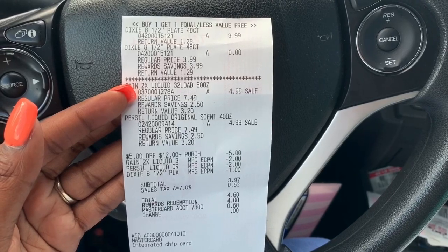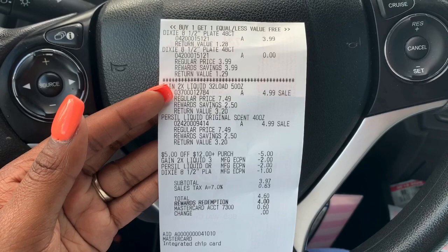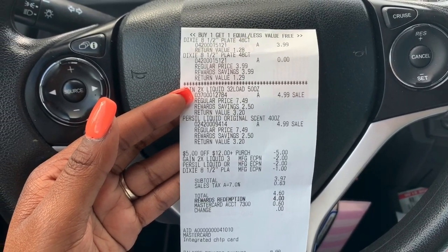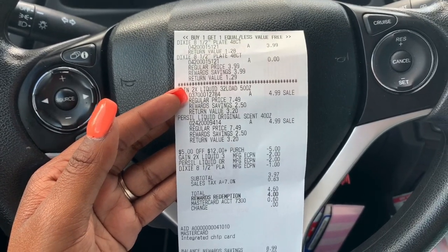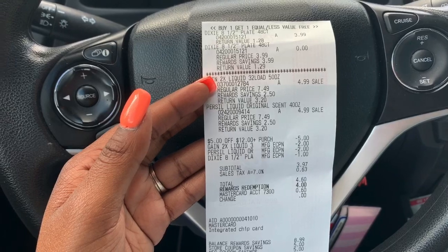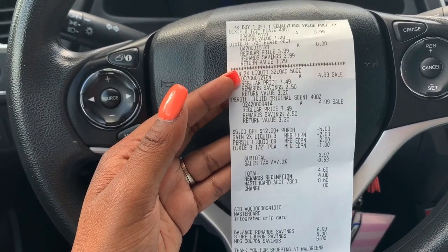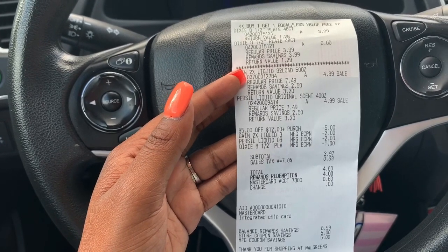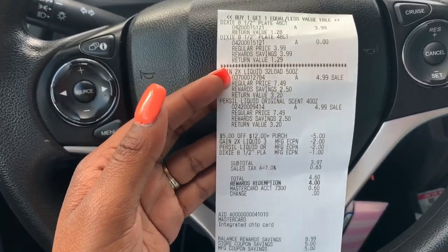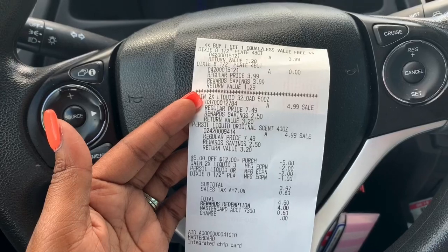Okay, I'm back in the cart. So I did try to go to another Walgreens just to see if they had the Love Beauty and Planet deodorant, and that store only had 2 containers of deodorant as well. So I couldn't do the deal, but I still have that 5 off of 20 booster on that account. So sometime throughout the week, I'm probably going to pop back up and see if they have it, and if they do, that's when I'll do the deal. So it's still a really good deal, and I definitely want to do it. But now I'm just going to go over the receipts. All the other 3